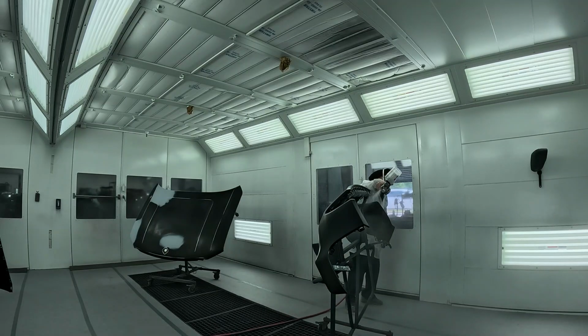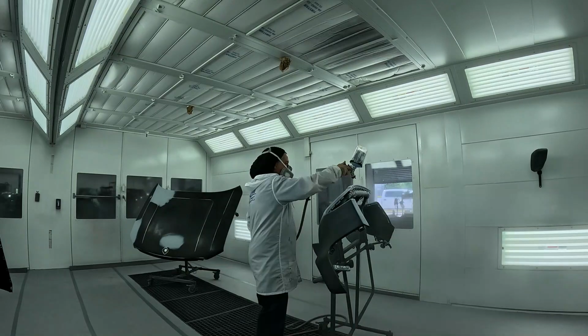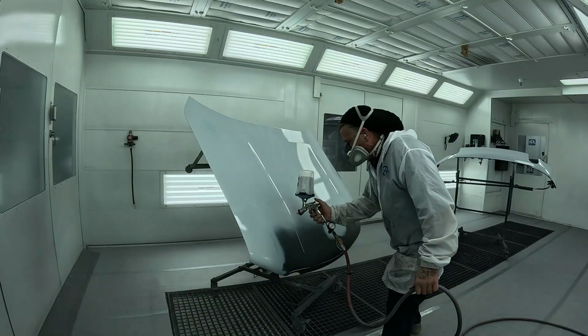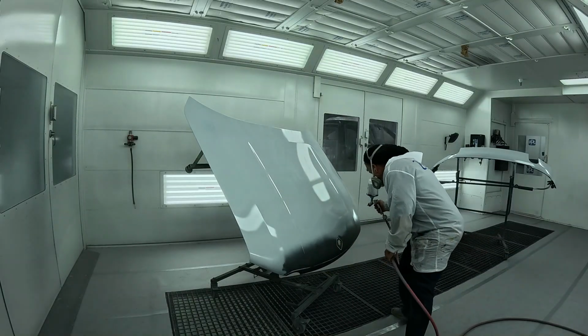All right, so we did our normal steps. We cleaned it, we tacked it, we blew it, and now we're moving into our sealer. We applied our first coat as normal, and then we started our base coat. And so I've been really interested in trying this stuff out, because the concept of it, having the fibers collecting